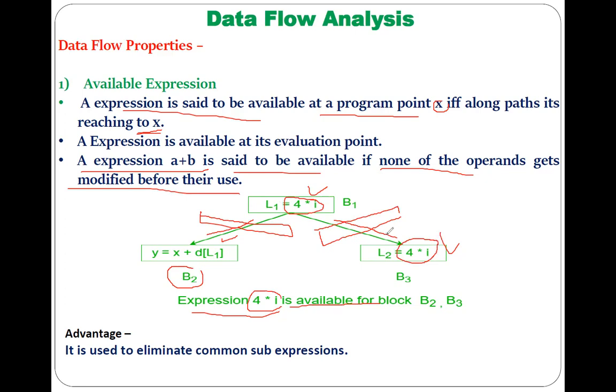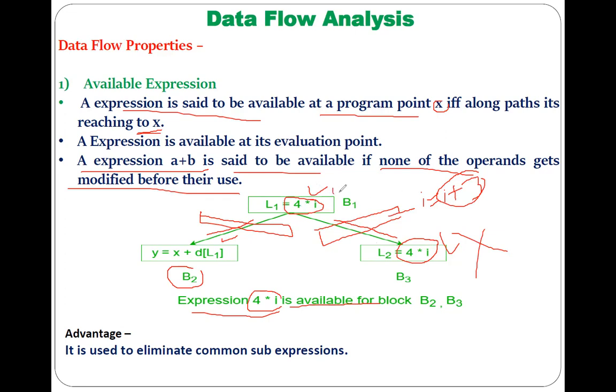Understood? But when it is going from B1 to B3, suppose there is one basic block available here, and in that basic block, the value of I is getting changed, like I equal to I plus 3. Just I am writing it for the understanding. Now here the I value is getting changed. Then if the I value is getting changed here, then you cannot say the particular expression 4 into I is available here, because